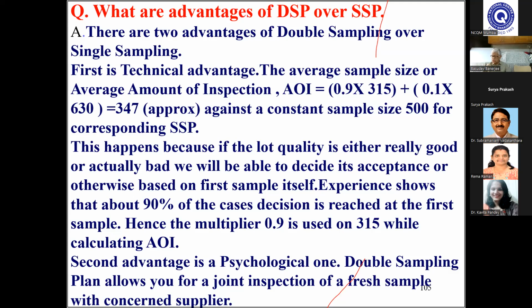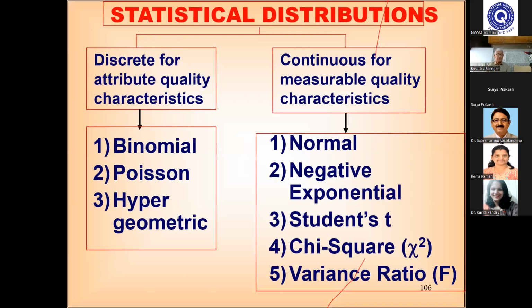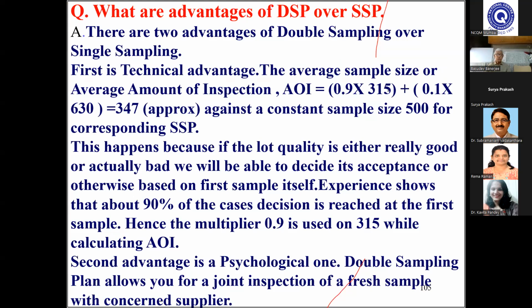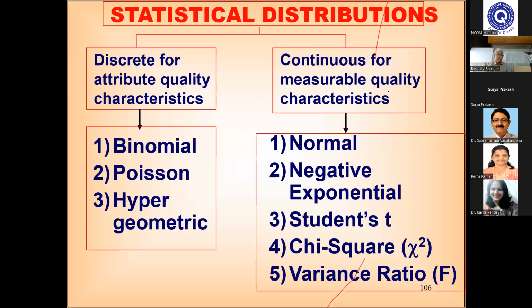Injustice to him, and you are quite a fair sort of buyer and all that. Okay. So psychological DSP offers more flexibility over SSP. That's right. Have you understood now the power of sampling? What we talked about in the morning, how many to sample and how to sample. So therefore, that has to be there. Okay, clear? Yes, sir.